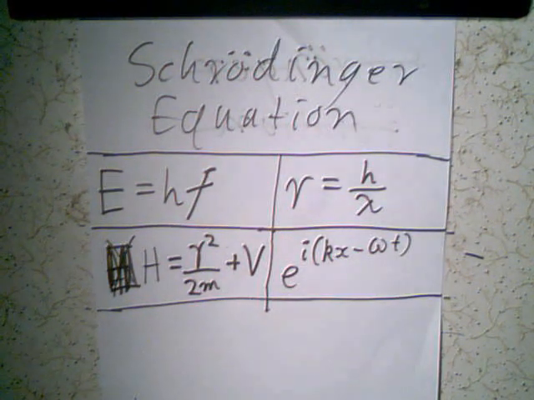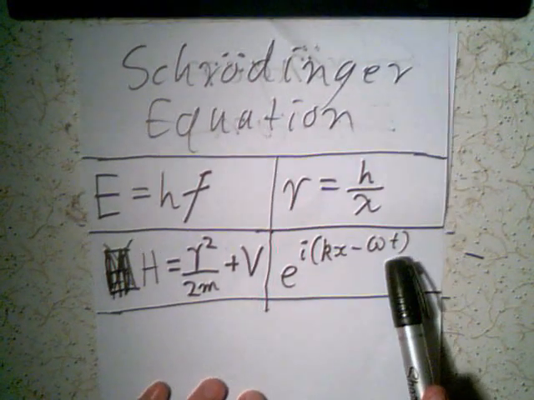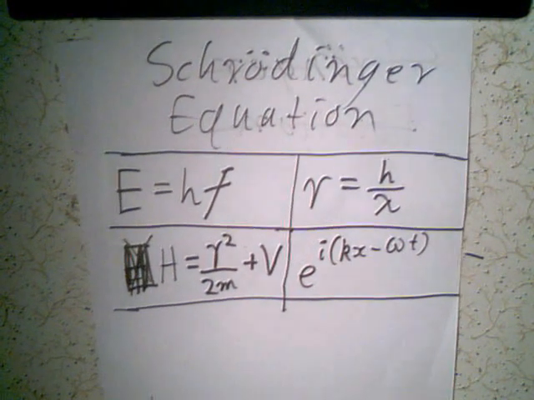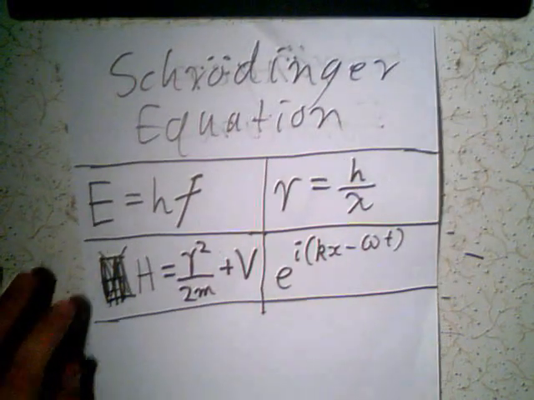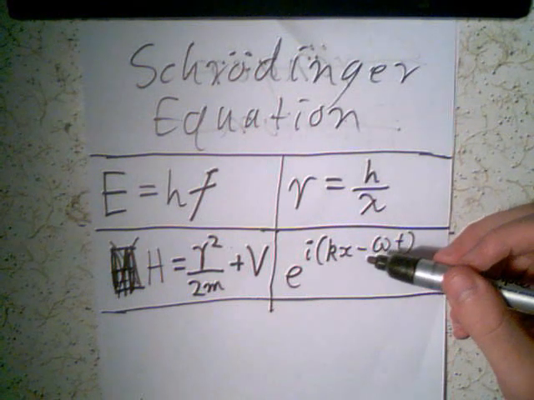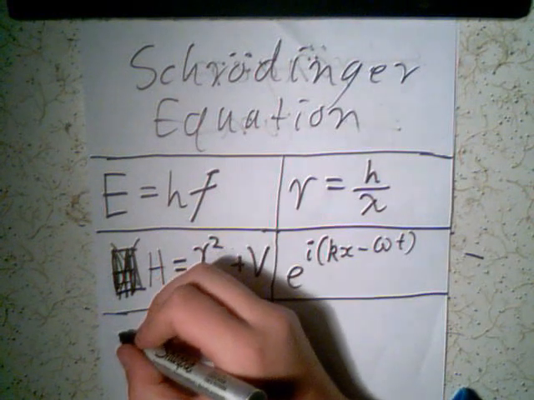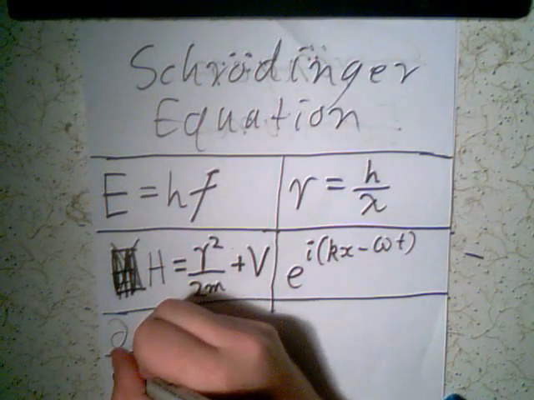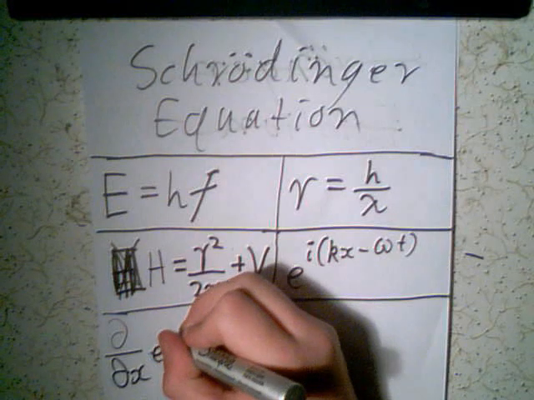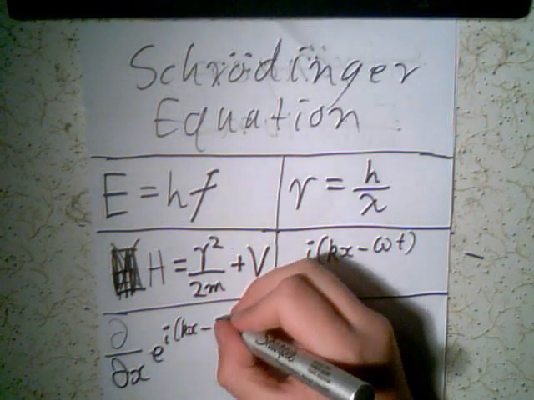So the question is, what types of differential operators can we come up with to extract the energy and the momentum out of this wave function? Well, the first thing we can try is, what if we differentiate the wave function with respect to space? So we'll just say, what is the partial derivative with respect to x of the wave function e to the i(kx minus omega t),